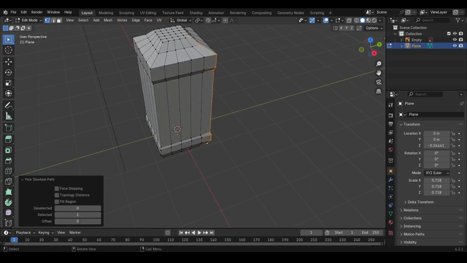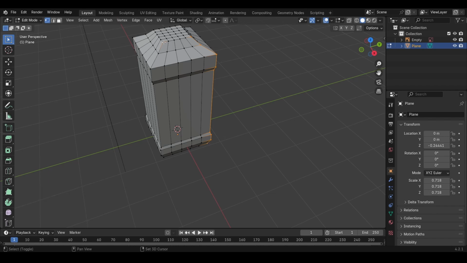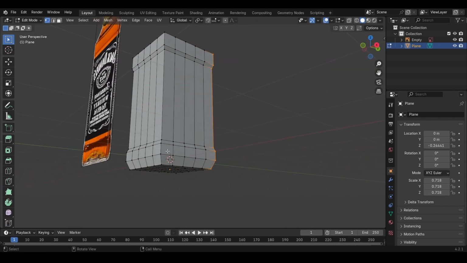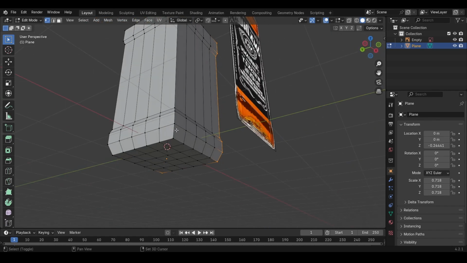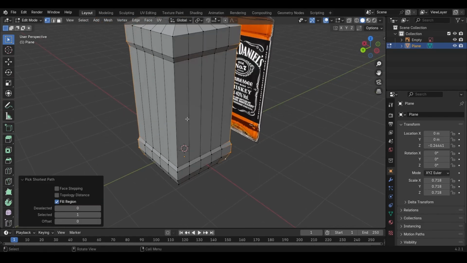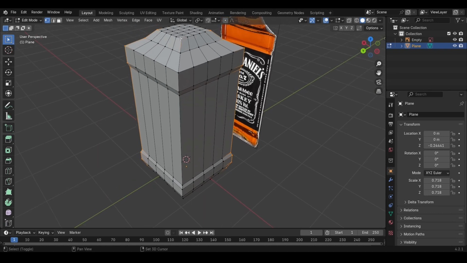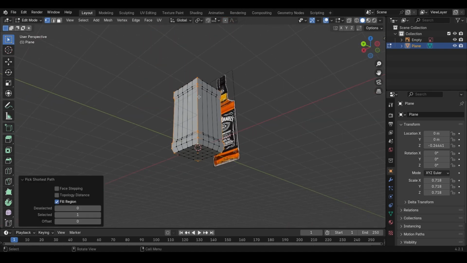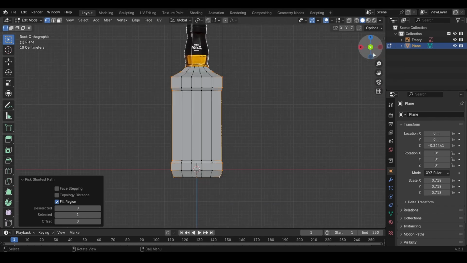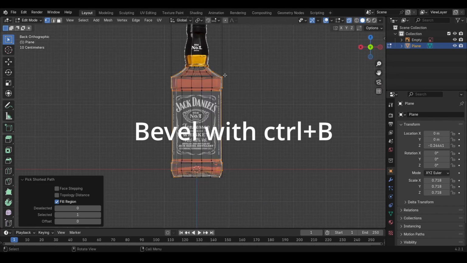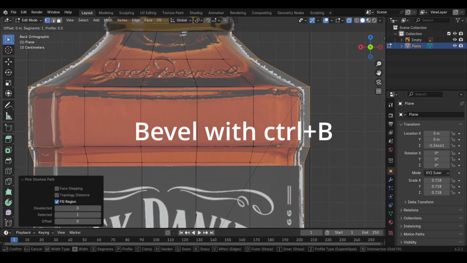Then we will press Shift, left click, and then Shift plus Control plus left click. And Shift, left click, Shift plus Control left click. And we will do the same here right now. And so like this, and then we can go into side view again, X-ray, and then we can bevel it